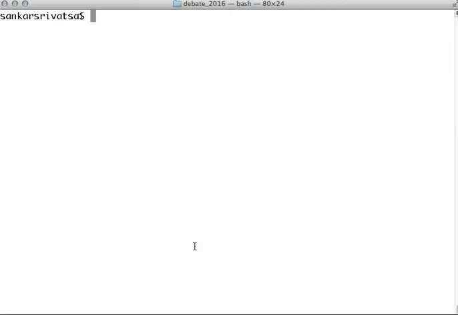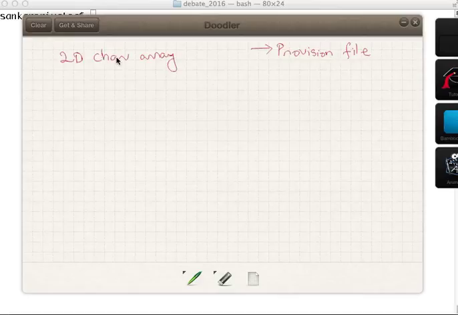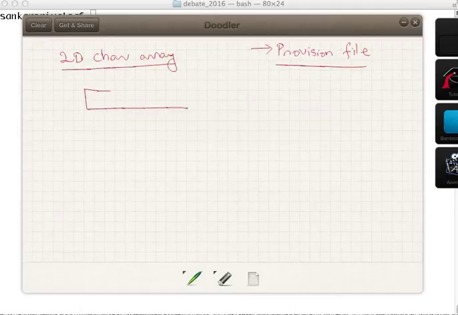We will take a provision file and read all the strings into the 2D array. So what do we know about 2D arrays now? From the video we have,